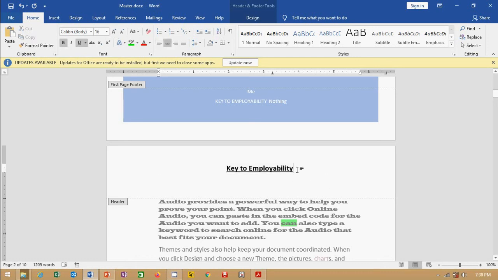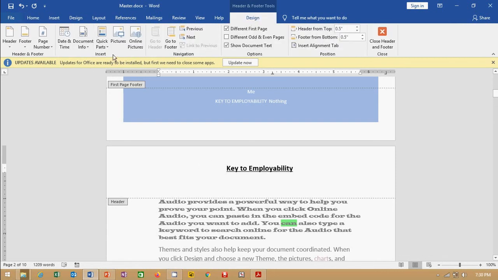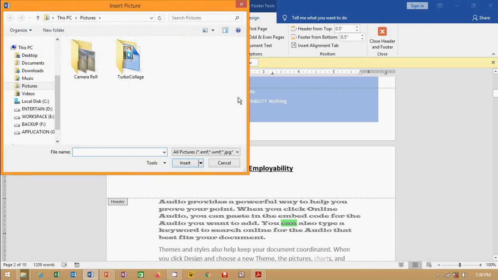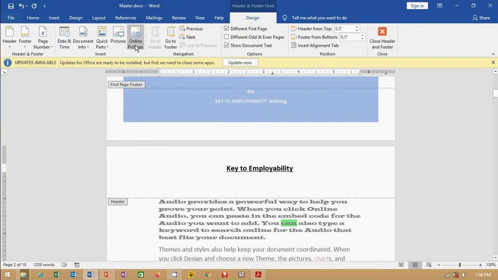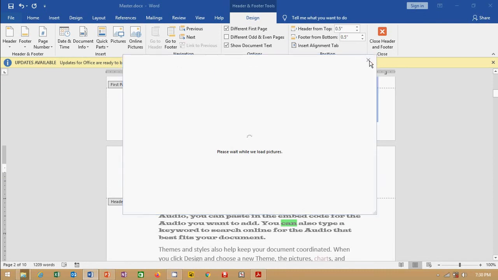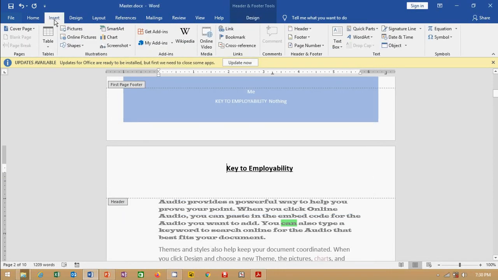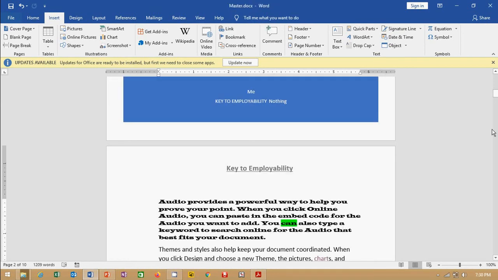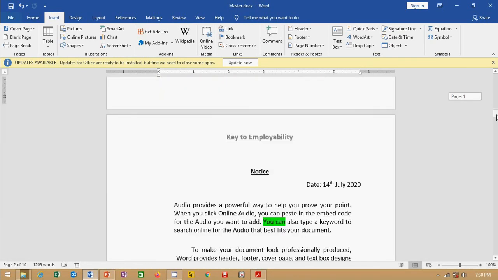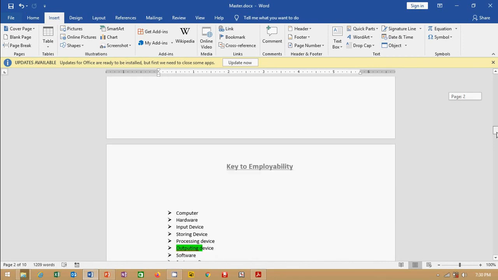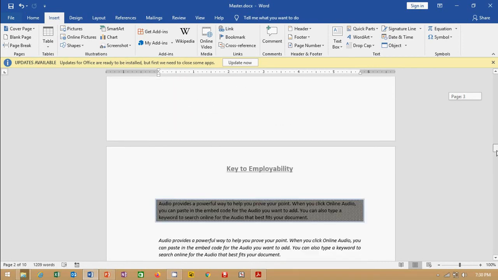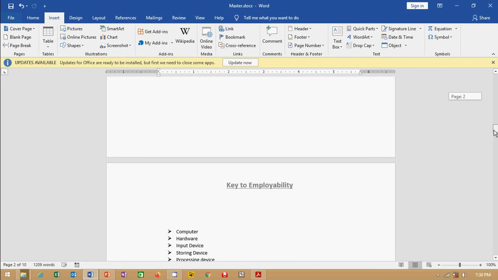Now whatever I have selected, I'm going to make it bold, underlined, and in the middle. We can insert any kind of pictures from here. From the Design part we can insert any kind of pictures, any kind of online pictures. Whatever we learned in our previous session in the illustrations part, we can do in this header, right? Now we can double click here, it will go. See, each and every page will show this as the header part. So this is called custom header.